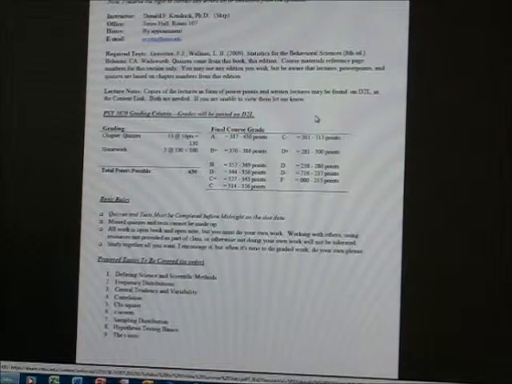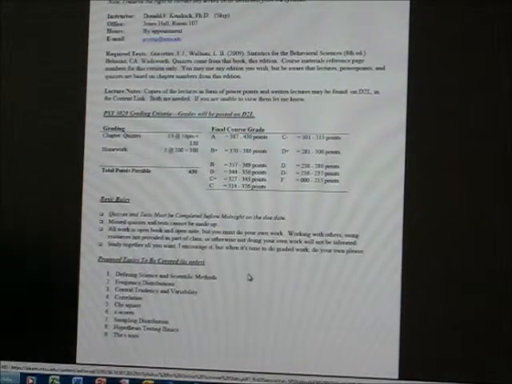So a point system works out a lot better for me, and I do include the pluses and minuses in the point system, as you see in the final course grade area here. Read this. You may want to download it. It has the basic rules. It has a list of the topics that we're going to cover this semester. It also includes some disabled services accommodations that we can make and how to arrange that,